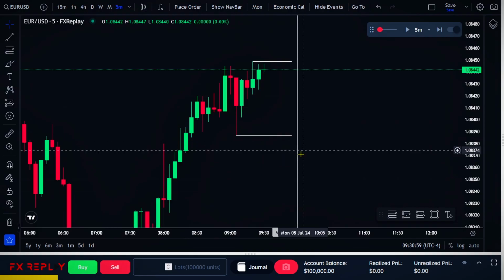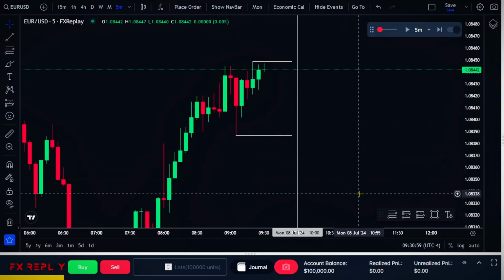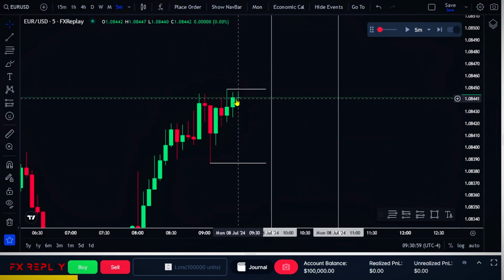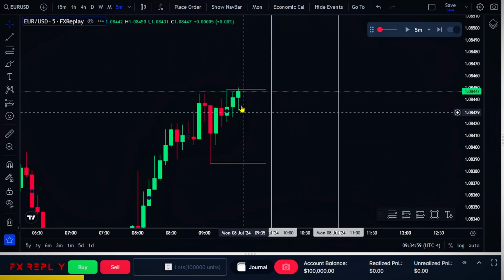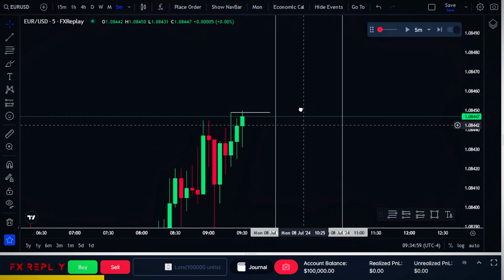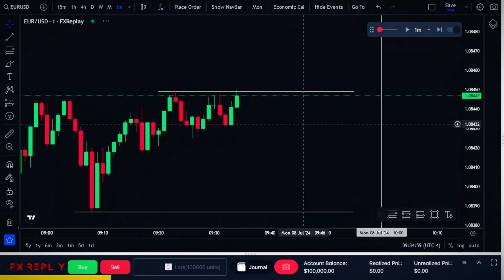Let me also mark the start of our trading window, which is at 10 a.m., and the end of our trading window, which is at 11 a.m. Let's play the price ahead and wait for one of the liquidity levels to be taken. Over here, we can see that we took the buy-side liquidity, and now we will drop down to a 1-minute